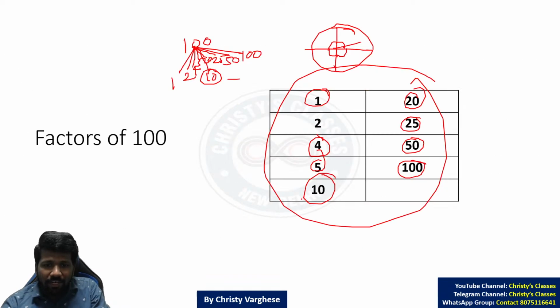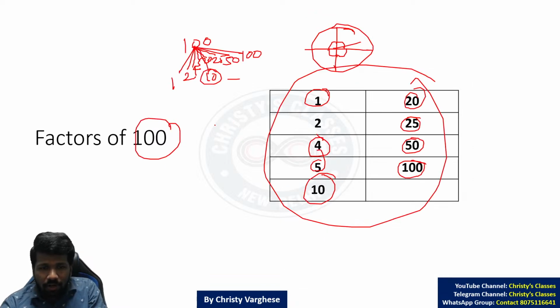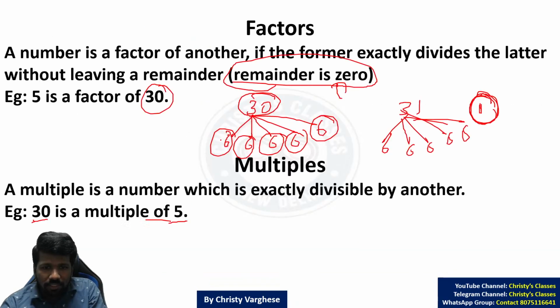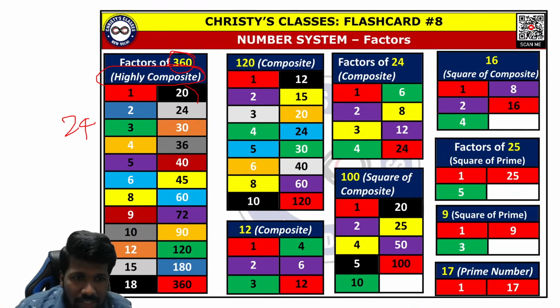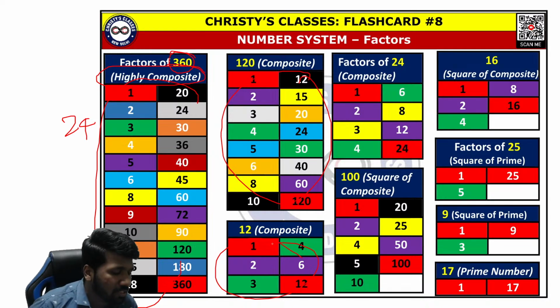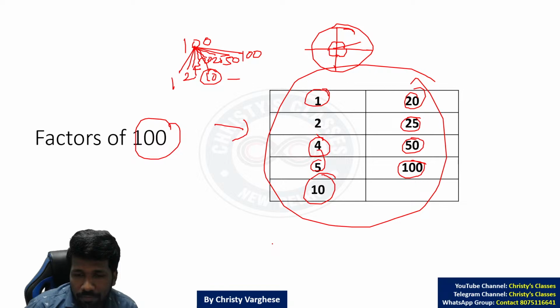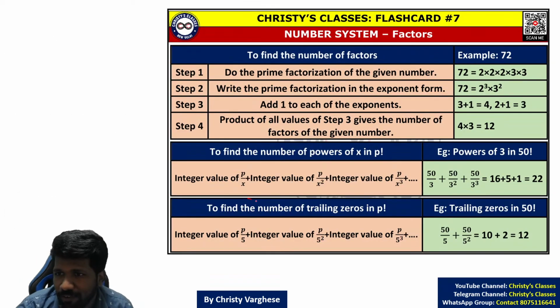And if you prime factorize, you see, it is easy to find the number of factors. For 360 I told 24 factors are there now. How did I know? For 100 I told 9 factors are there. For these numbers, we can see the number of factors, but without listing all the factors, how to identify the number of factors? This concept is important. So the idea is very simple. First prime factorize it.